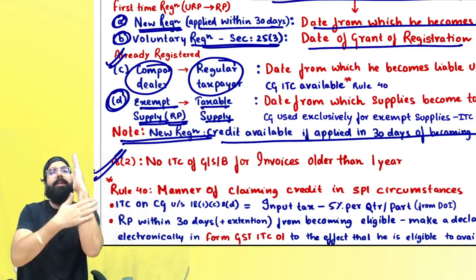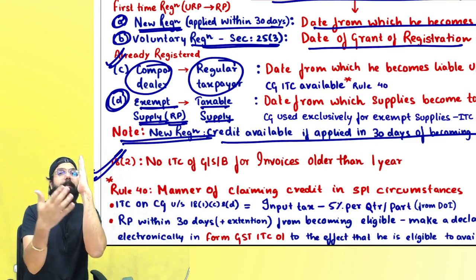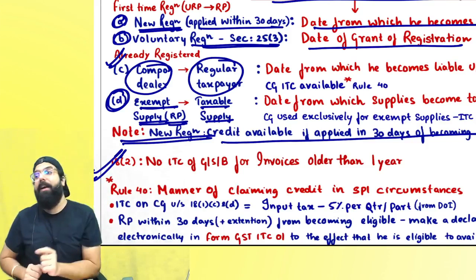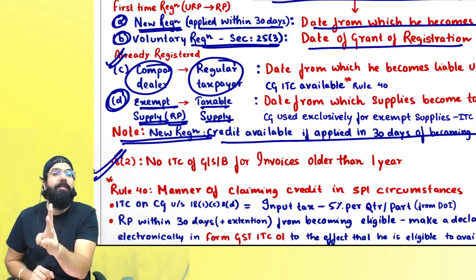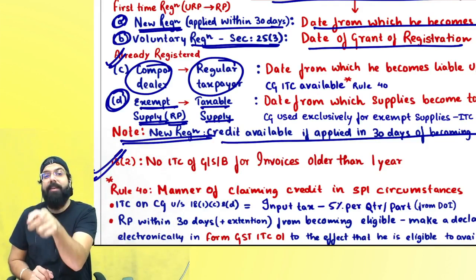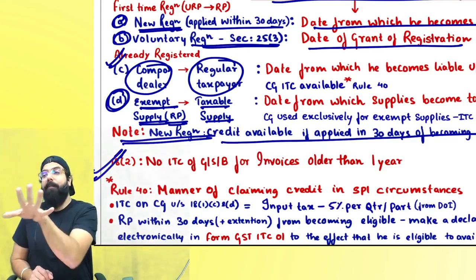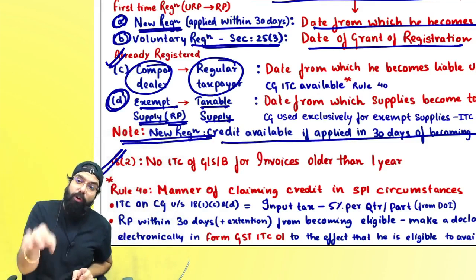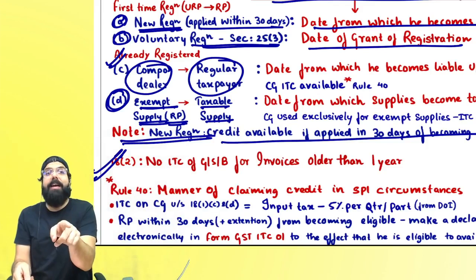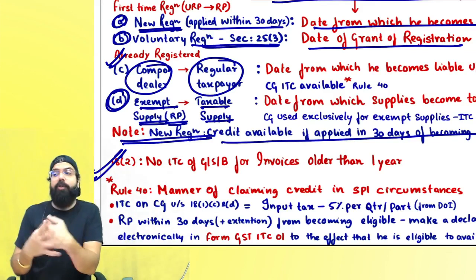Then from the date the exempt supplies have become taxable supply, 1 day prior, whatever input is there in your stock, semi-finished goods, finished goods, which is with respect to that exempt supply, of that you can take the ITC. Plus capital goods which were used for that exempt supply, that credit also you can take, 5% reduced per